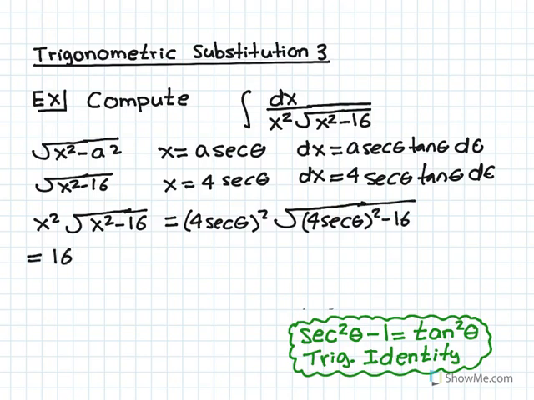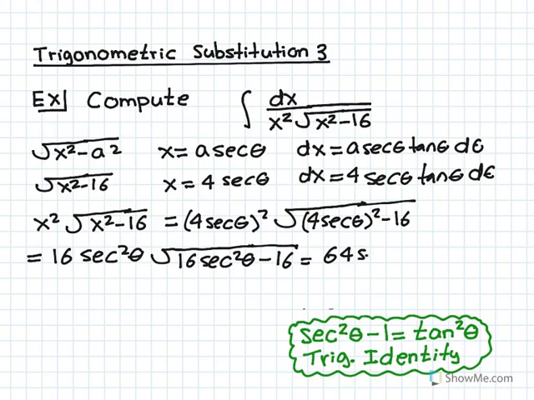We get 16 secant squared theta, and inside the radical we get 16 secant squared theta minus 16. If we factor out the 16, bring it outside the radical and multiply by the 16 in front, we get 64 secant squared theta root of sec squared theta